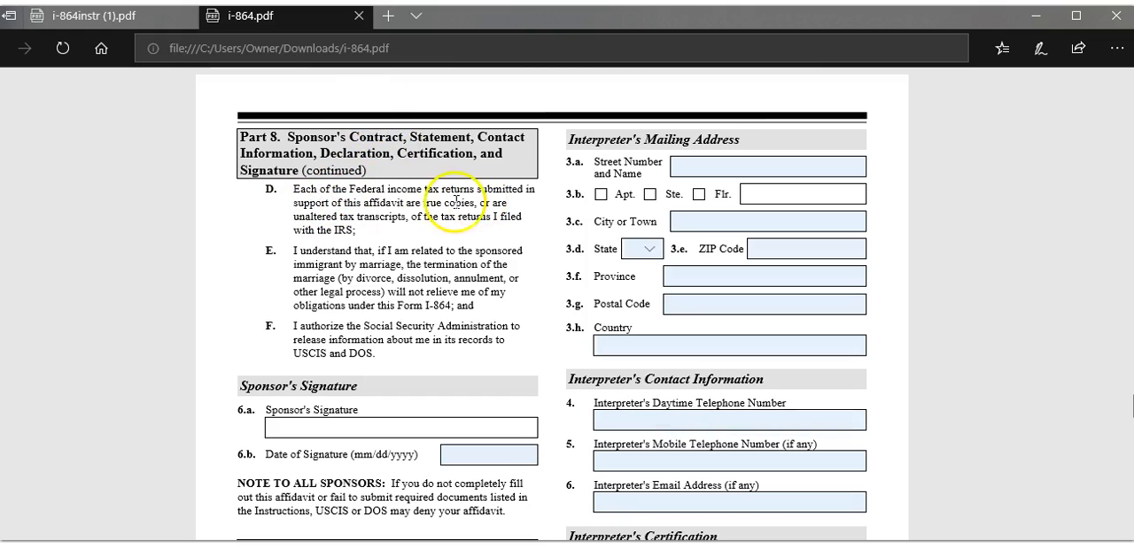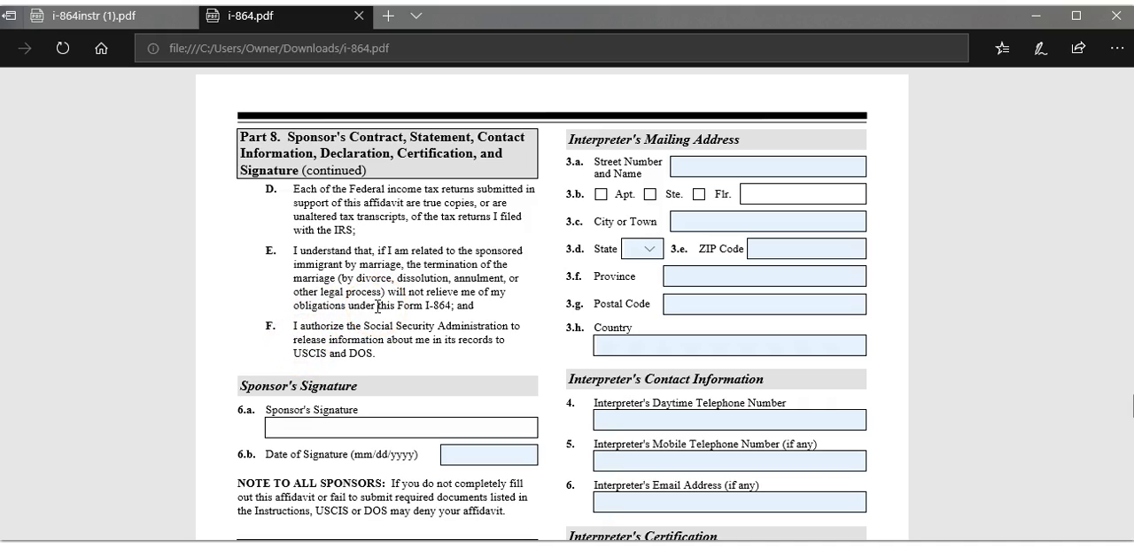Continue part 8. Each of the federal income tax returns submitted in support of this affidavit are true copies or unaltered tax transcripts of the tax returns I file with the IRS. I understand that if I am related to the sponsored immigrant by marriage, the termination of the marriage by divorce, dissolution, annulment, or other legal process will not relieve me of my obligation under this Form I-864, and so